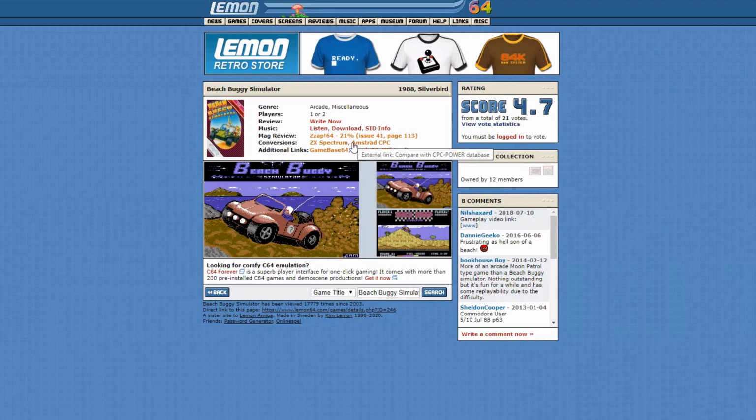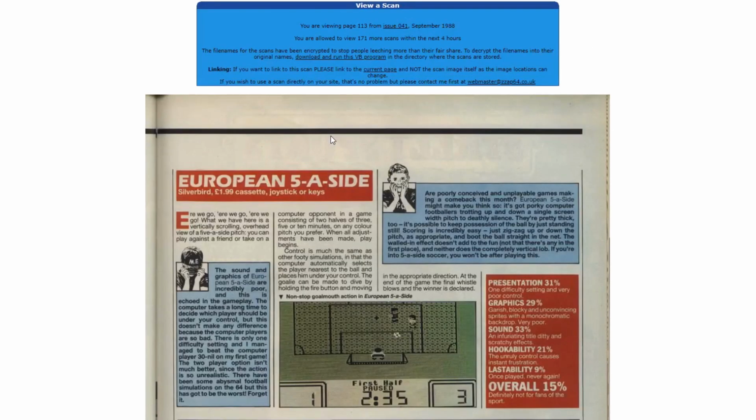So if you're not familiar with this facility, virtually every game on Lemon has a link to the review, which is a scan of ZZap64. You can see this was ZZap64 issue 41, page 113. And if you click on that, it goes off to another site called zzap64.co.uk and shows you the page of